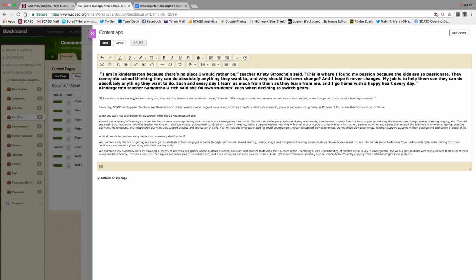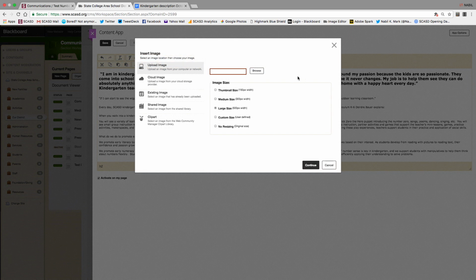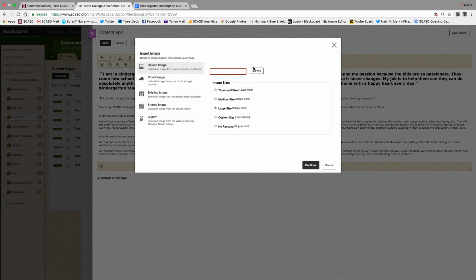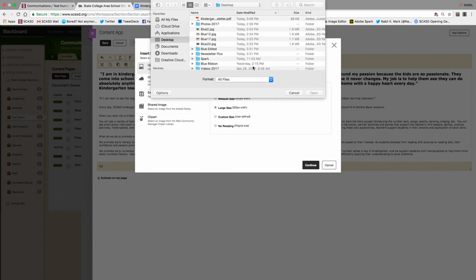All right, so I want to insert a photo. A lot of people want to do that. You have a page, you want to put a photo in there. So there's two different ways I could do that. So I will grab this photo. If you see, I'm using the photo button. It says insert image. And you don't really need to mess with the size initially. So you just browse and you find an image